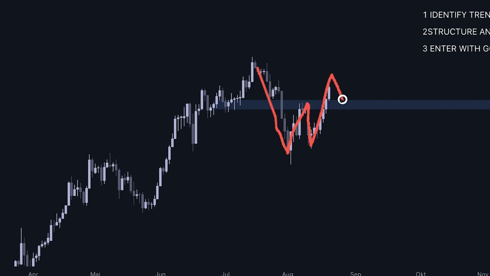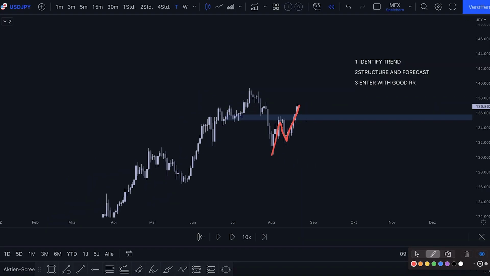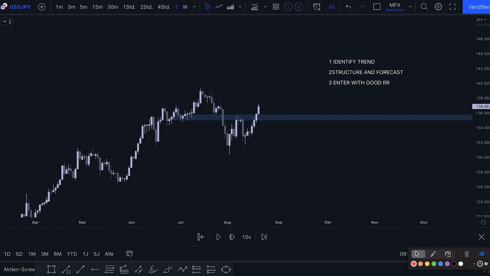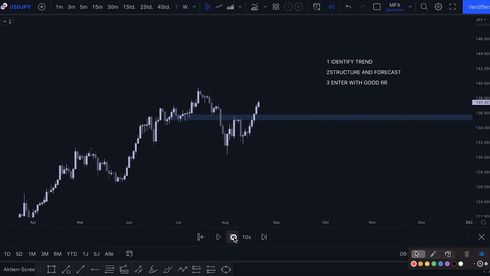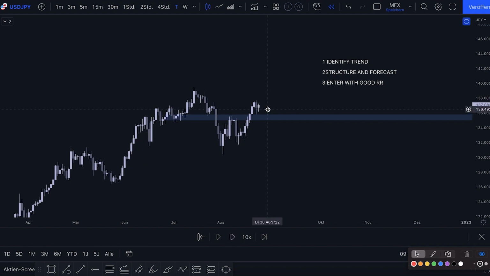And what we have right here now is our 1, 2, 3 move again, because when I clean this up, you can see this is our 1, 2, 3 move. Right, so what we are looking for next is that the market comes back in the same zone and we are looking here for long entries again. All right, so when I play this now further out, guys, we can see that the market comes back